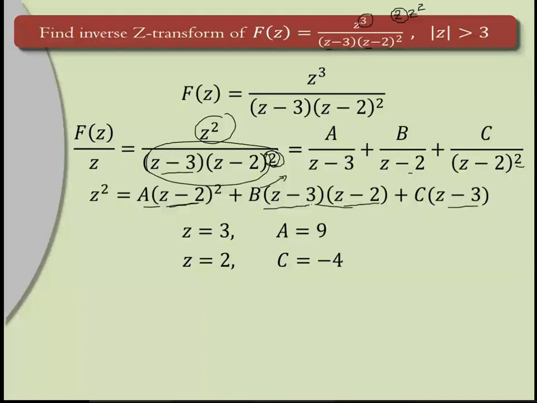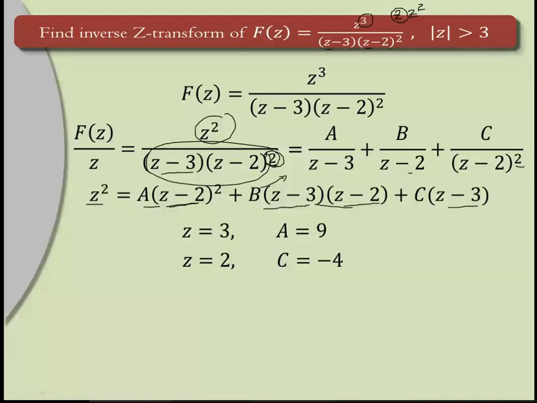Now, check whether any other substitution is there so that some of the terms get cancelled. Now you can see that there is no other term, so that by substituting two terms get cancelled. Because z equal to 3, these two get cancelled. Z equal to 2, these two get cancelled. But there is no term so that the other two terms get cancelled. So what to do in that case? In that case, you just simplify it, open this bracket, then compare the coefficients of the corresponding terms. Compare the coefficients of z square term, compare the coefficient of z, depending on the number of terms.